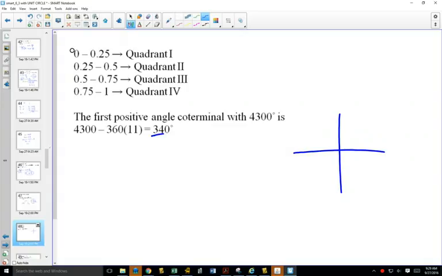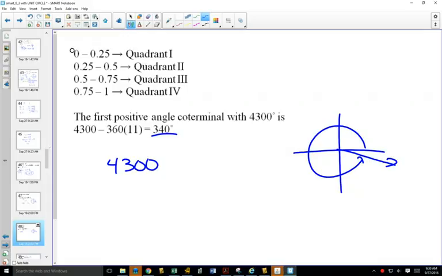For example, when you get 340 degrees, isn't it easy to figure out that that's in quadrant 4? So how do we do that? Well, you could do one at a time. Subtract 360, see what you get. Subtract 360 again, see what you get. Keep subtracting 360 one at a time until you get to an answer between 0 and 360, and